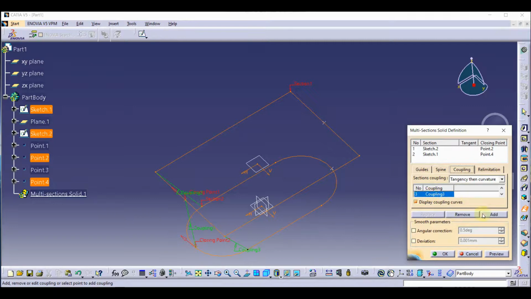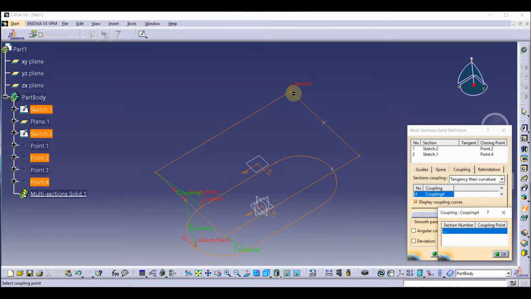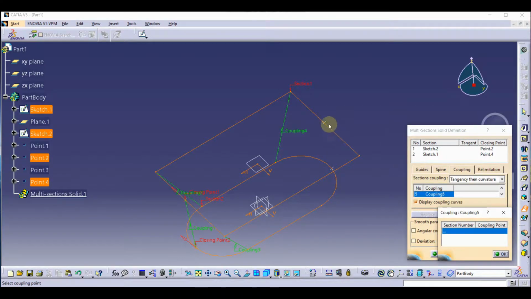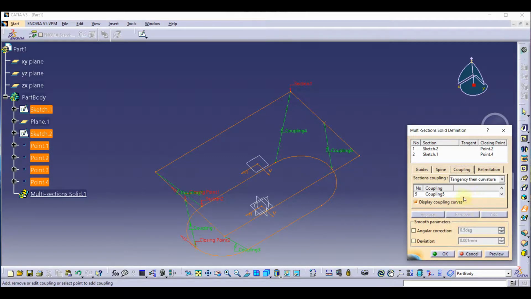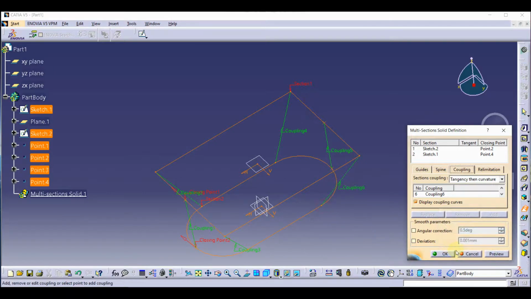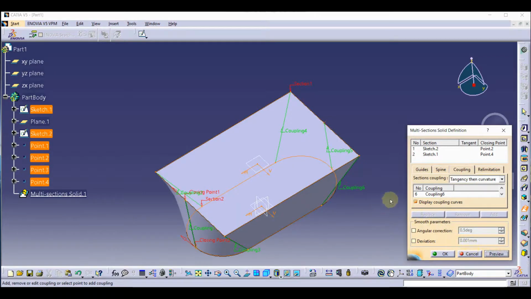Now let's add coupling 4, this one and this vertex. And for the remaining last point, I'm going to add this point and this point. Okay, now let's see the preview. So you can see we have chosen the point section coupling, tangency, then curvature, and added the couplings.